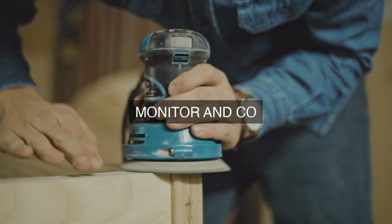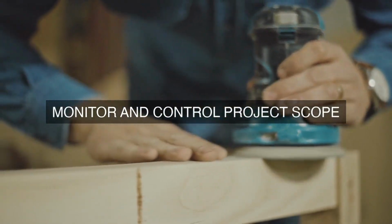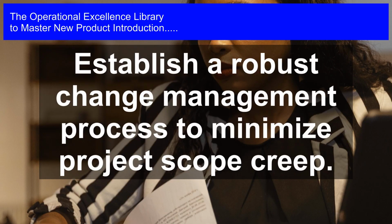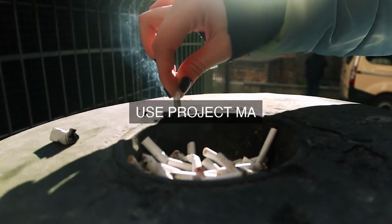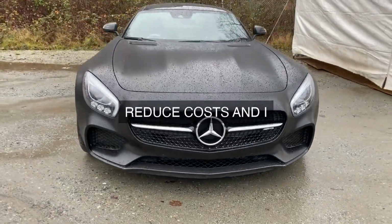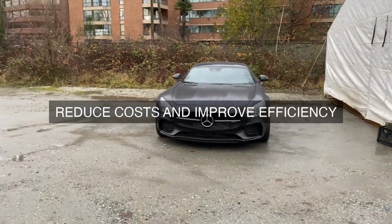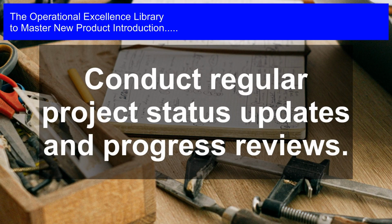Effective communication and collaboration are critical to the success of multiple NPI projects. The organization must implement a collaboration platform that enables team members to share information, documents, and data in real time. This includes project management tools such as Asana, Trello, or Microsoft Project, as well as communication tools such as Slack, Microsoft Teams, or email. The organization must also establish clear communication protocols and escalation procedures to ensure that issues are